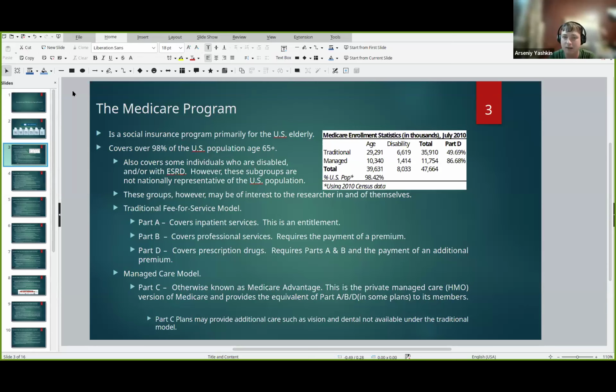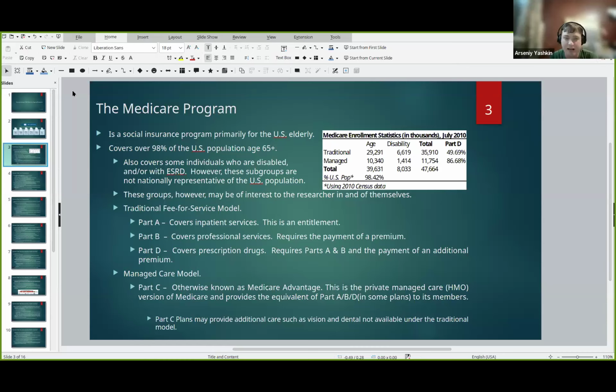A big plus of being able to link your Medicare data to an independent source like the NLTCS or any other survey that's Medicare linked is that you can ensure that you got the right people. When you got an absolute pure Medicare data source, you got that based off a social security number. At the NLTCS, we went into a lot of detail to make sure that the people that you see are the ones that you're supposed to see. So a lot of the theoretical problems you would have with a pure CMS data set, you don't have here. And I'll point them out as we come across them.